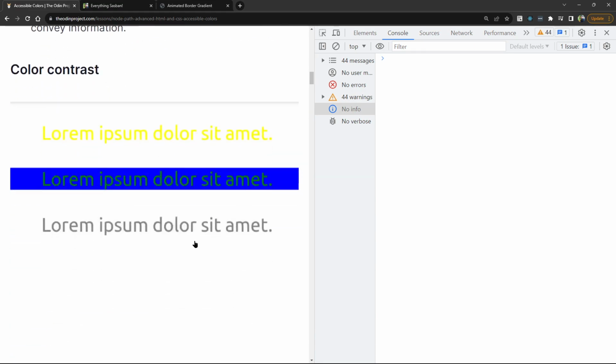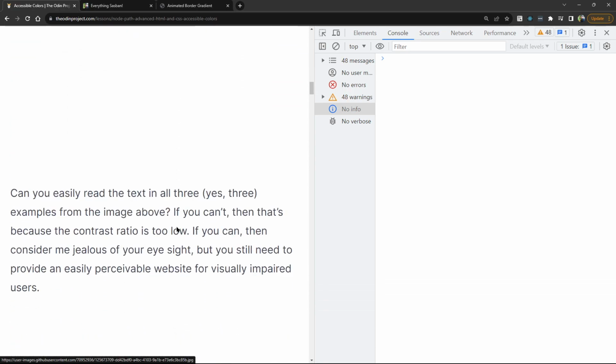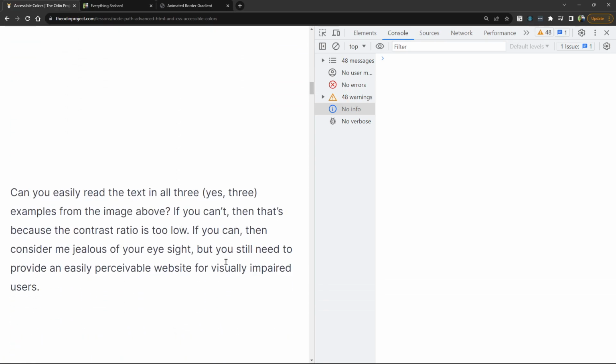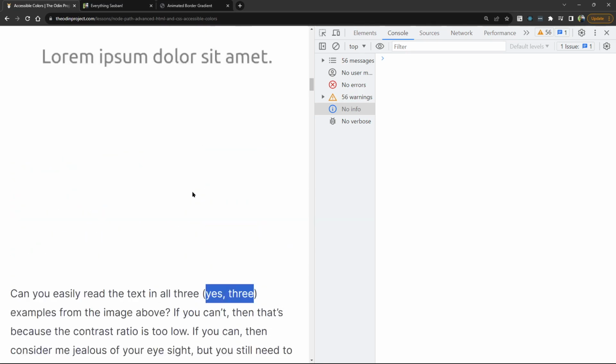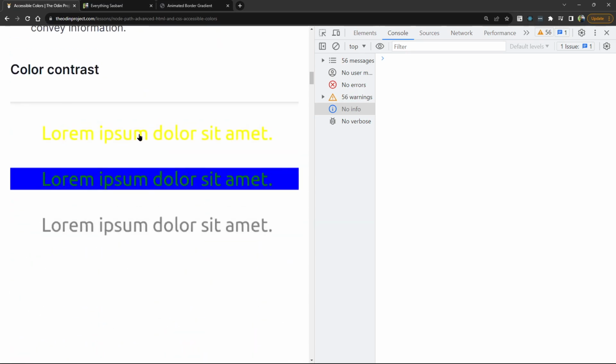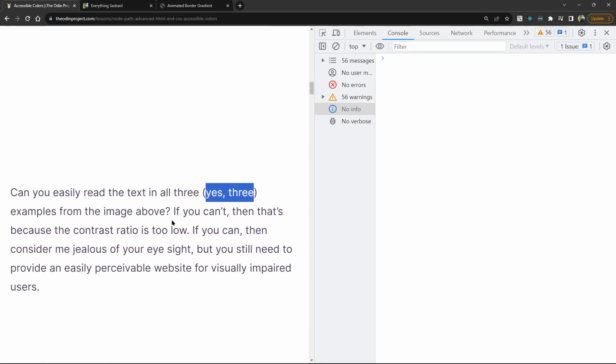Color contrast. So this is yellow on white, this is yellow on blue, and gray on white. Can you easily read the text in all three? Yes, three examples in the image above. So yes, three, because most people would only see two. They might totally miss this middle line, or maybe the top line, if they have a low contrast. If you can't, then that's because the contrast ratio is too low. If you can, then consider me jealous of your eyesight, but you still need to provide an easily perceivable website